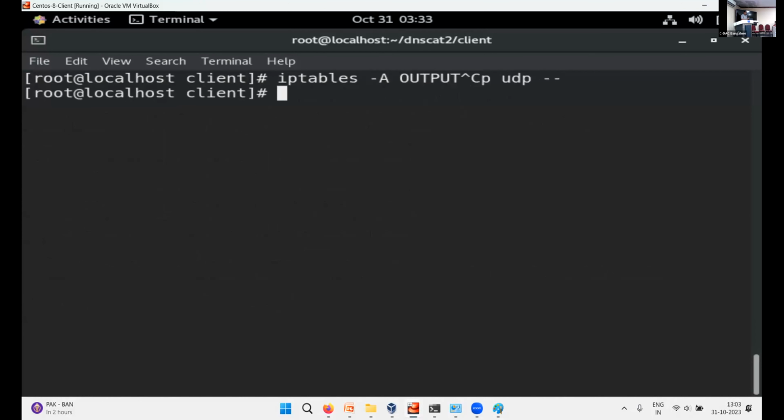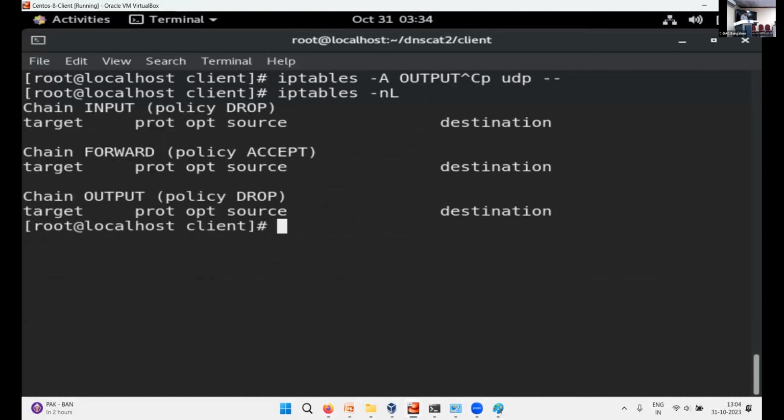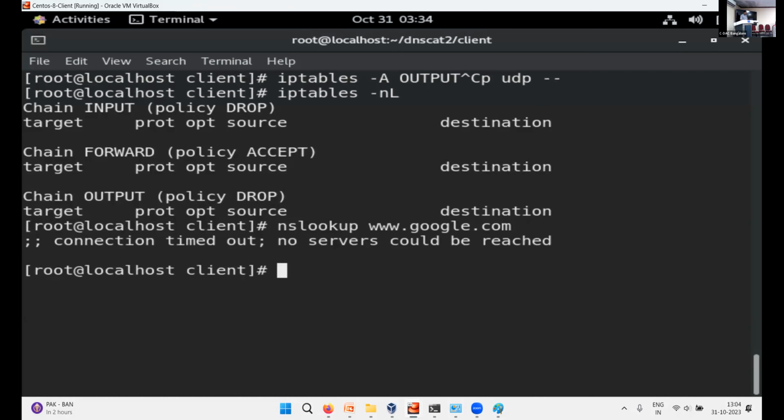Before applying these rules, with incoming and outgoing dropped, I will try to send DNS queries. nslookup will send a DNS query to some DNS server. So I'll send one query to our main DNS server. Will it allow now? It will not allow because incoming and outgoing are all dropped. So it will say I am not able to send a DNS query to google.com. Let's keep connecting and somewhere it will show that it is not allowed. Okay, currently it is not allowed. You see, no DNS server, this is the reply which I got.